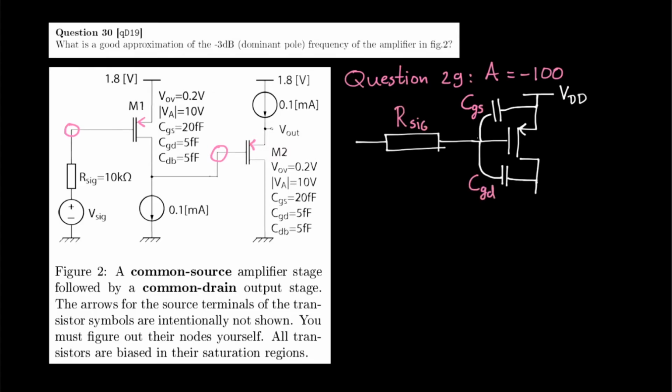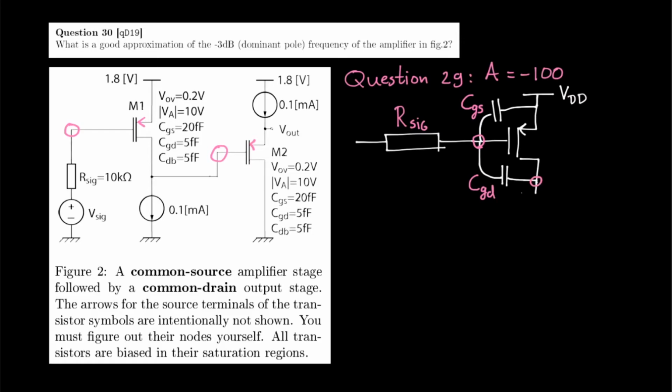The capacitance between the gate and the source is connected on the other end to a constant voltage, namely VDD, and therefore from a small signal perspective is equivalent to a grounded capacitance when it comes to the time constant in this node. CGD, however, is connected between this node and the node where we will see the amplification of